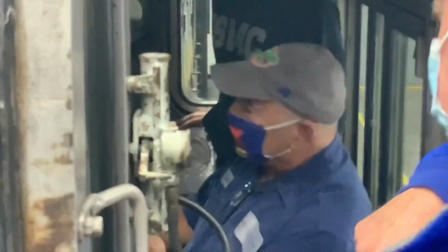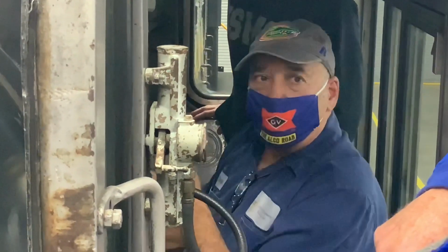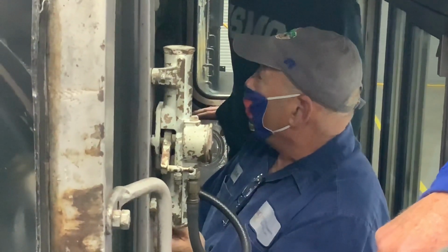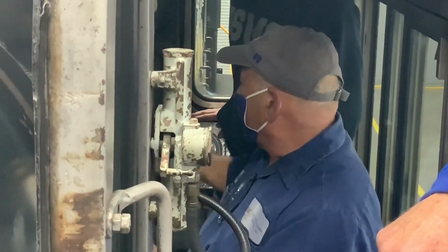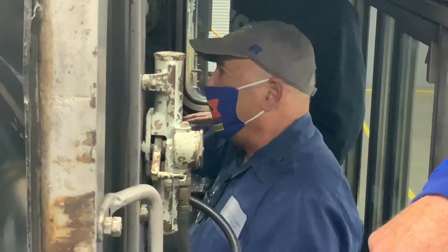Well, sometimes a locomotive will run, you have 8 notches here. A locomotive will run in notch 6, but it might not run in notch 8. Well, if you got a heavy train, you need everything you can get. So what you would be able to do is, for the affected unit, put that switch in 6,